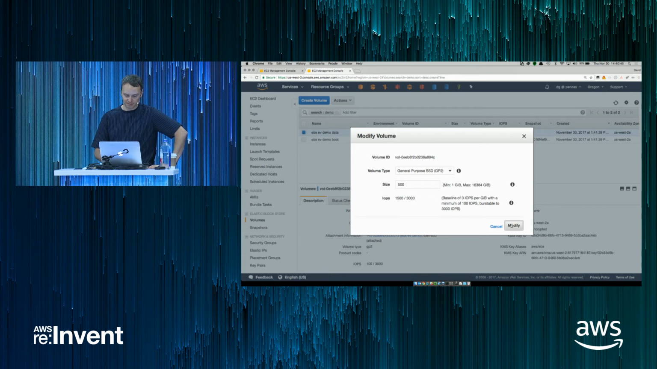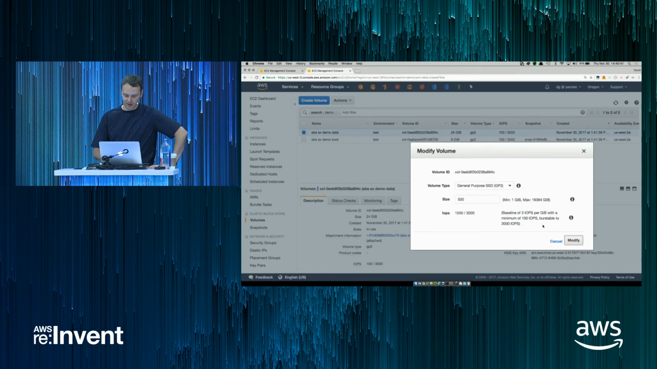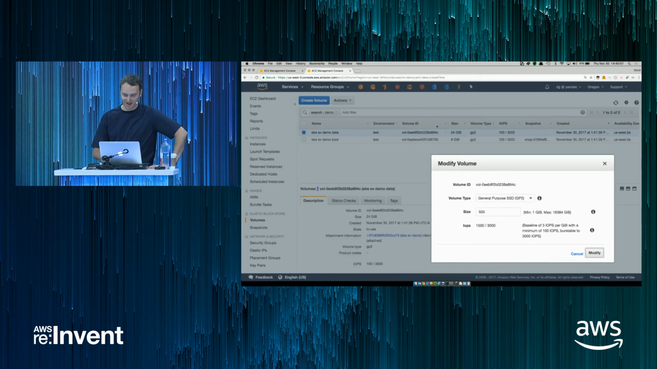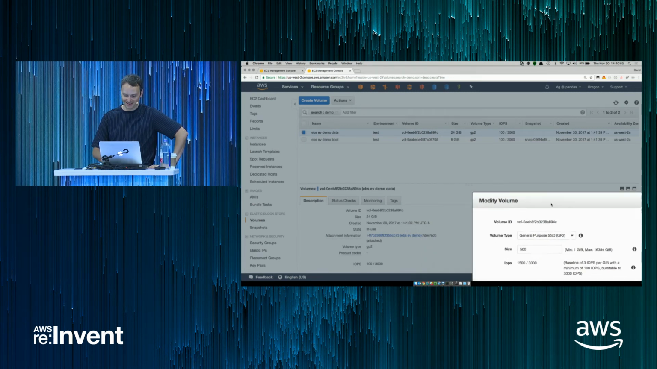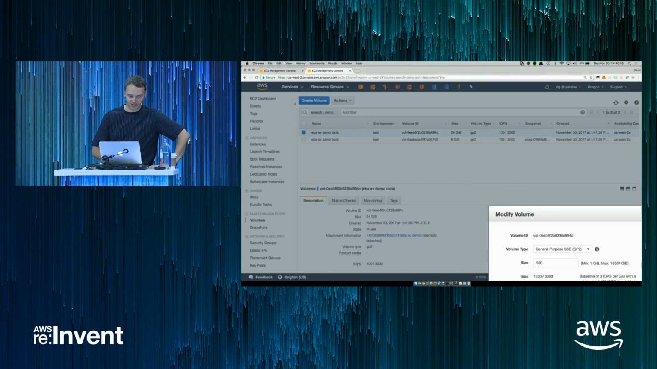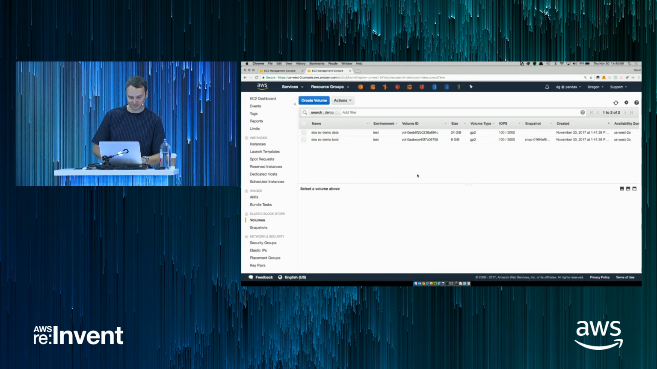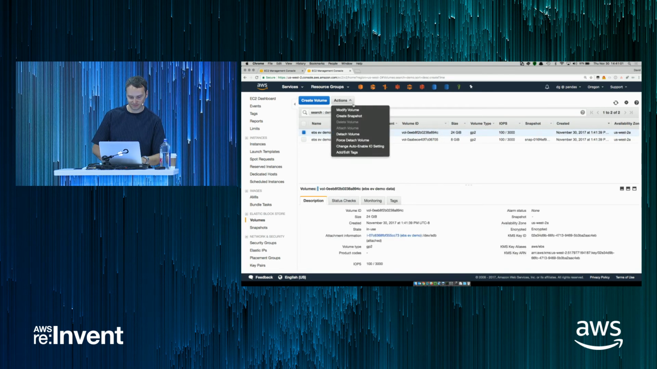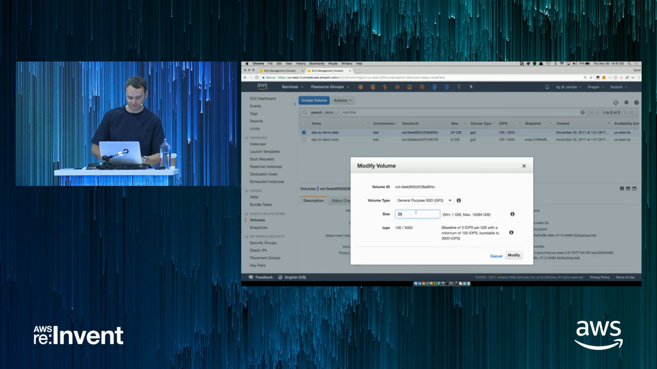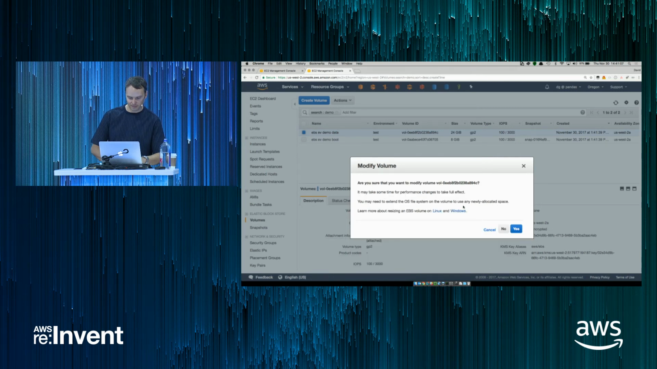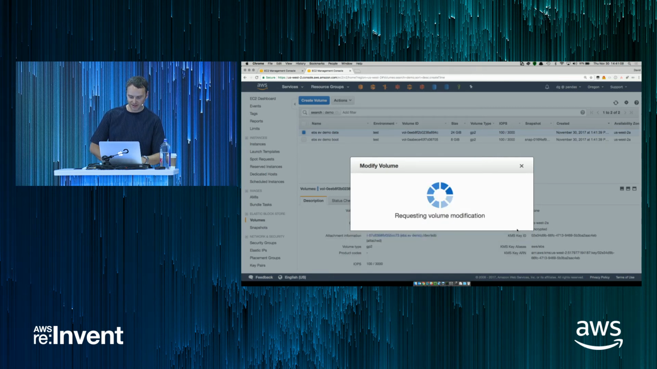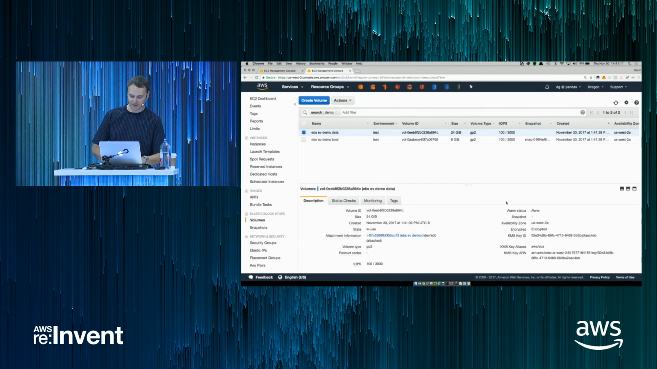I click modify. And if Wi-Fi and my browser is happy with me today, come on. Let's refresh this. There we go. And something that's interesting with this,